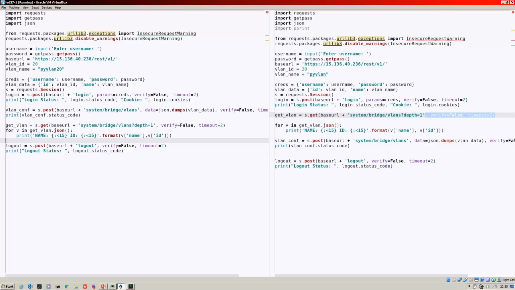That's my for loop, and then what we have next is the logout. I'm going to print to the screen to log out. You've always got to remember to log out so that you don't exhaust the supply of the sessions that can be on the box. Okay, so that's pretty much it. I don't have any warnings, so let's jump over to